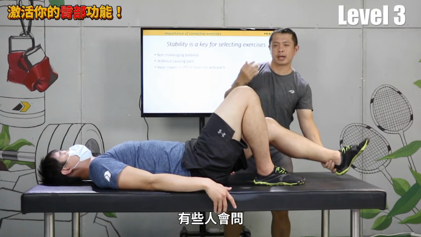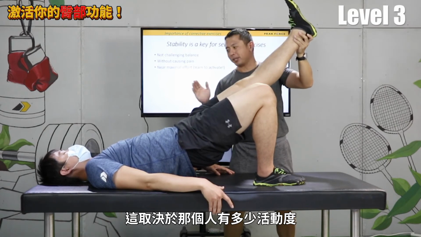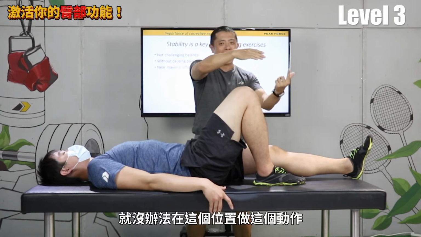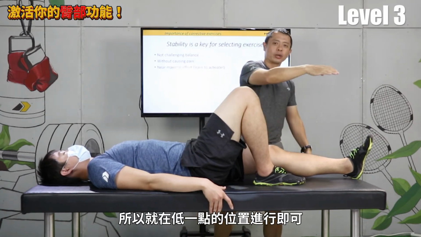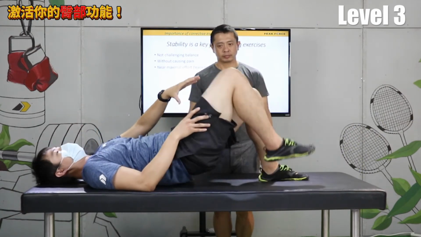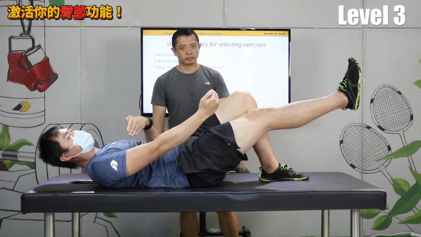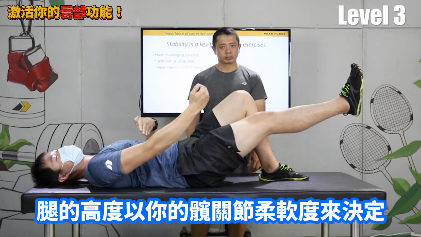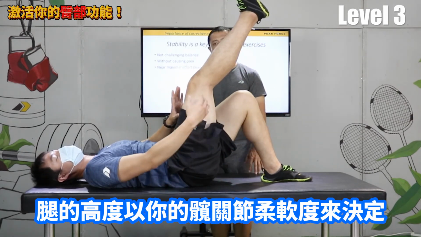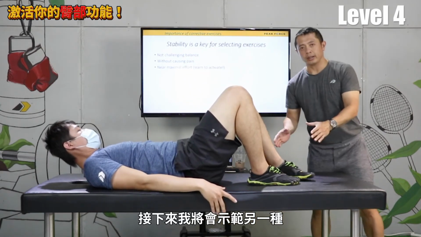So the leg raise, some people ask whether they should do it lower or higher. It depends on how much flexibility that person has, of course, because if the person has very tight hamstrings, I cannot do this exercise here. So it's okay to be a little bit lower. 好，所以这个动作来讲的话呢，当你在屈膝的时候，跟你腿伸直的时候，它的差别在于，你的腿伸直的时候力臂比较长，所以这时候你的客户感觉到会是比较吃力的。那至于说你的腿可以抬多高的状态呢，是取决于他的客户的髋关节柔软度在哪里。